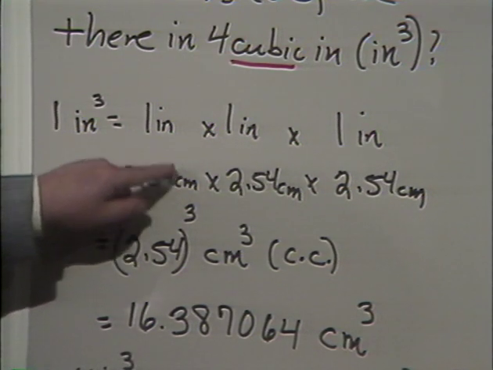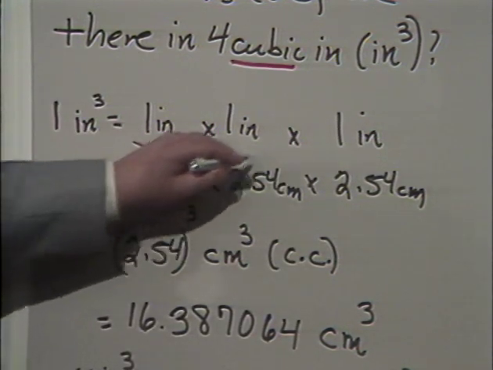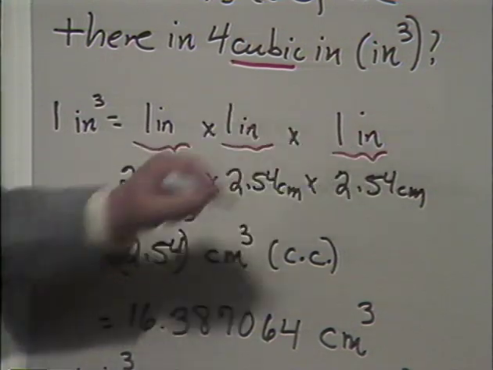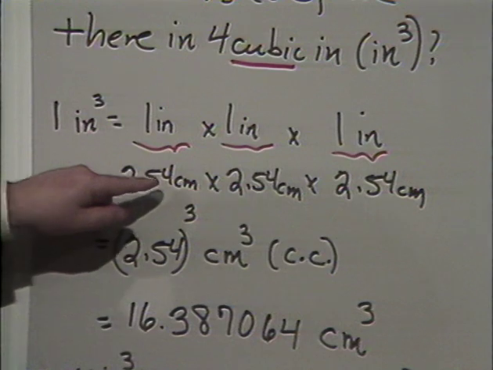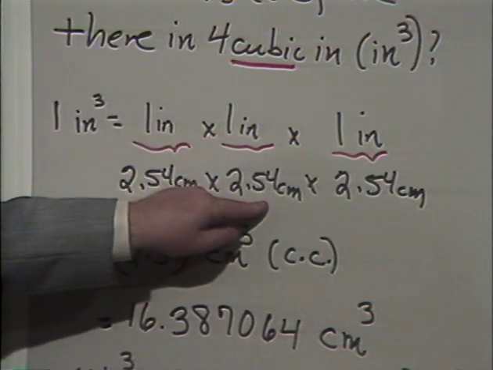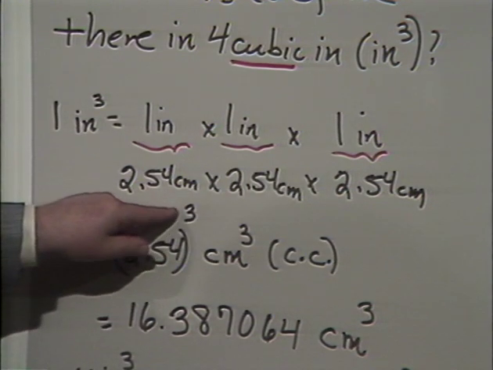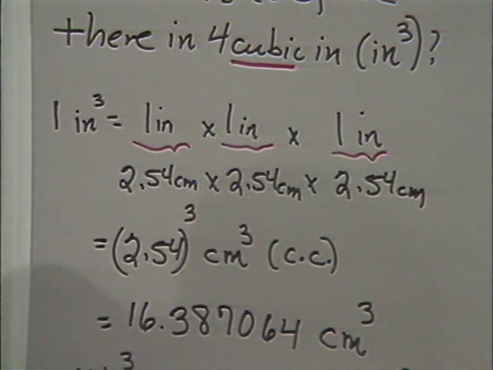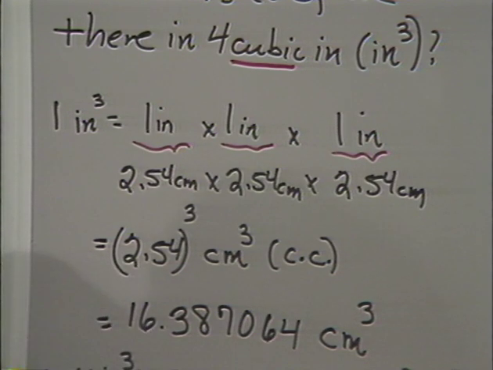So you could have, instead of saying 1 inch times 1 inch times 1 inch, you could say what? 2.54 centimeters times 2.54 centimeters times 2.54 centimeters. So in 1 cubic inch, there are what? 2.54 times 2.54 times 2.54. That's 2.54 to the third power cubic centimeters. Again, if your calculator has a y to the x key on it, you enter the 2.54, press the y to the x key, enter the 3, hit the equal sign, and what you'll get is